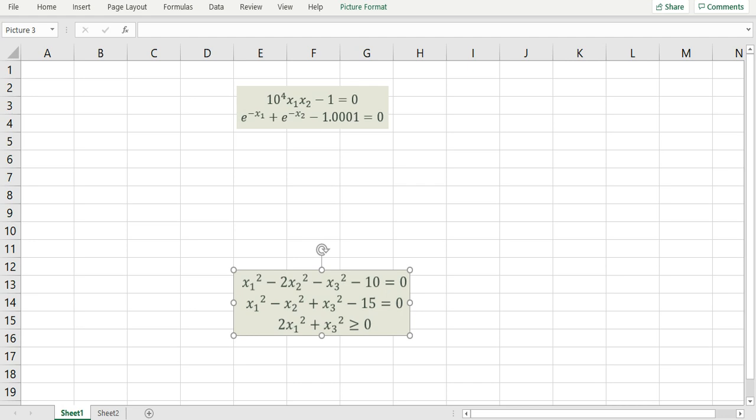I started Excel with an empty book and copied the problems for reference. The first problem involves solving for the variables x1 and x2 in this badly conditioned system. So it's convenient to work with the row cell addresses x1 and x2 here to define our formulas. The formulas must be defined with respect to 0 on one side. I'll begin by defining my first formula, equal 10 to the power 4 times x1 times x2 minus 1. And the second formula,